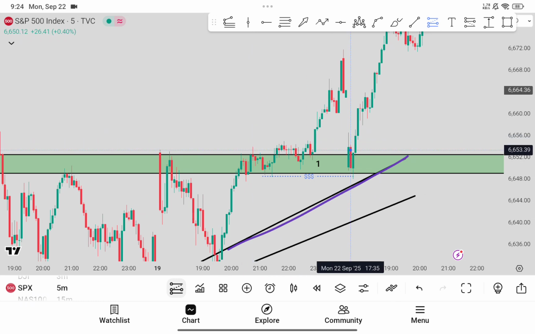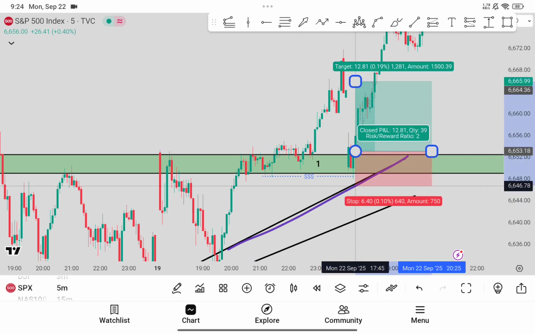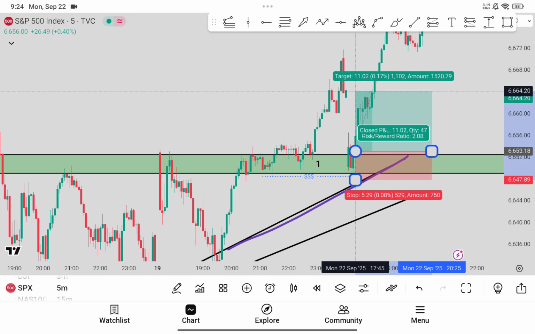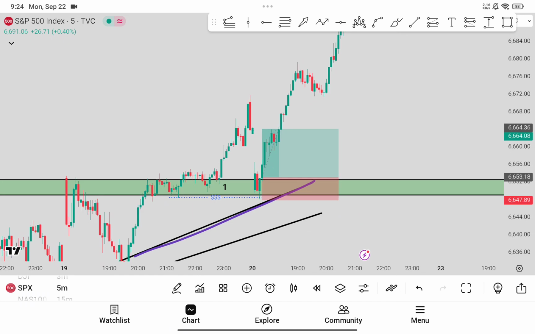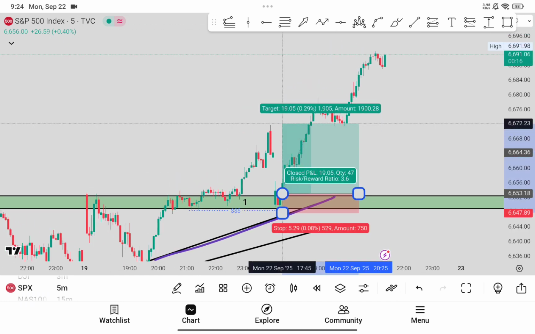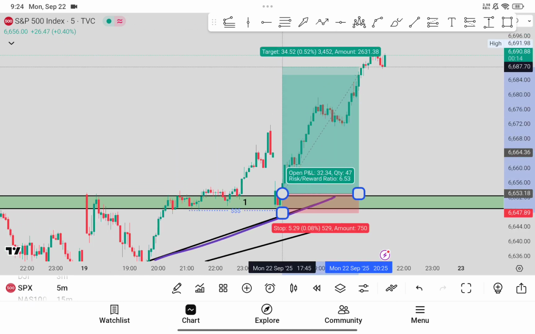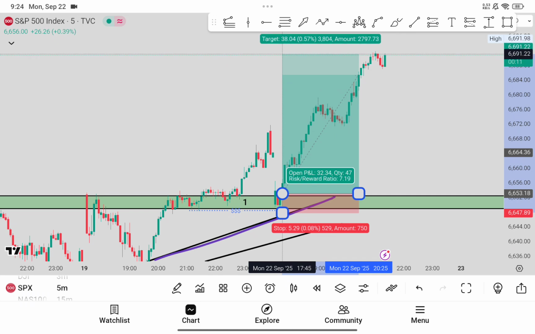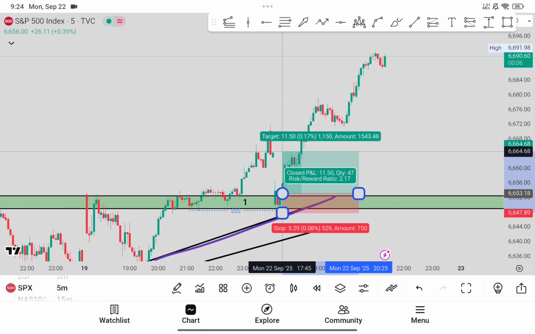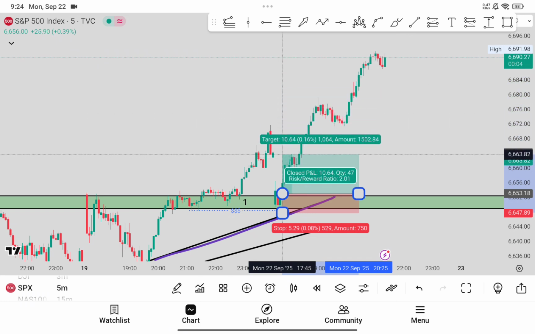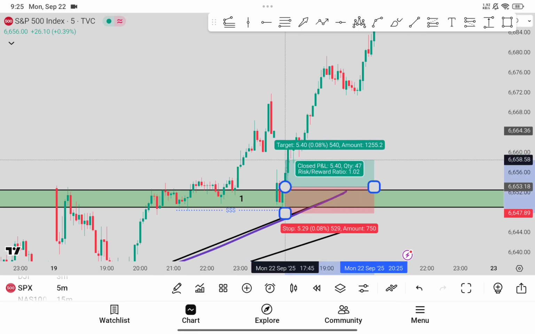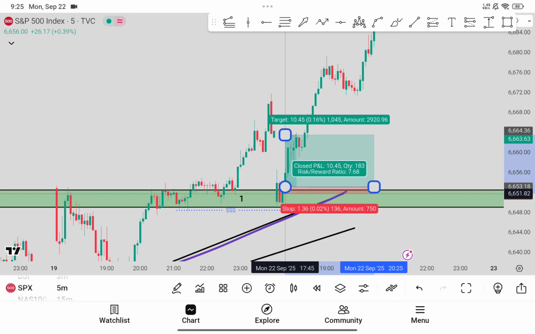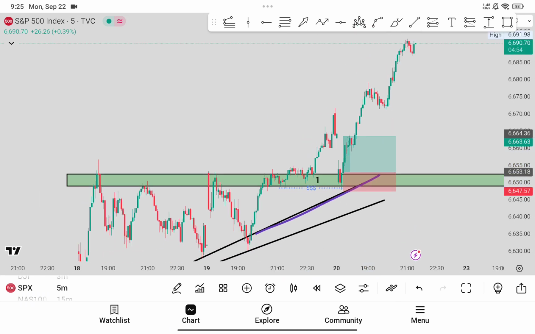This is the entry, and this is the stop loss, and this is a 2:1 target, and it was a wonderful trade. After the target, it went all the way. If I had held the trade, I would have got 7:1, but it's my rule that I have to exit at 2:1. Once it hit 1:1, I just trailed my stop to break even. So this is what happened on the S&P 500.